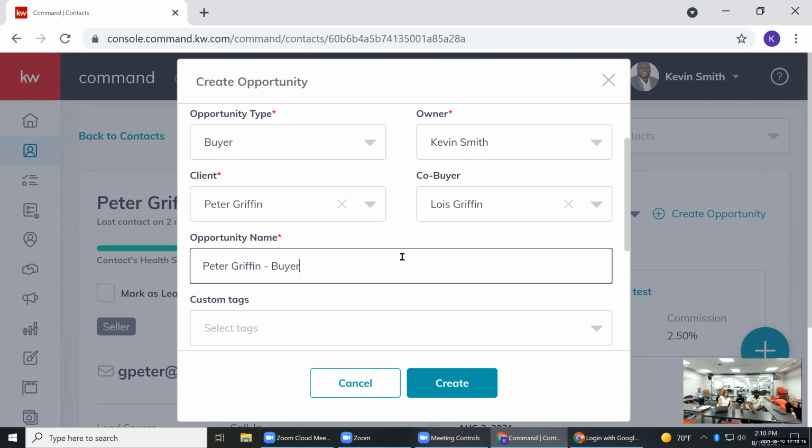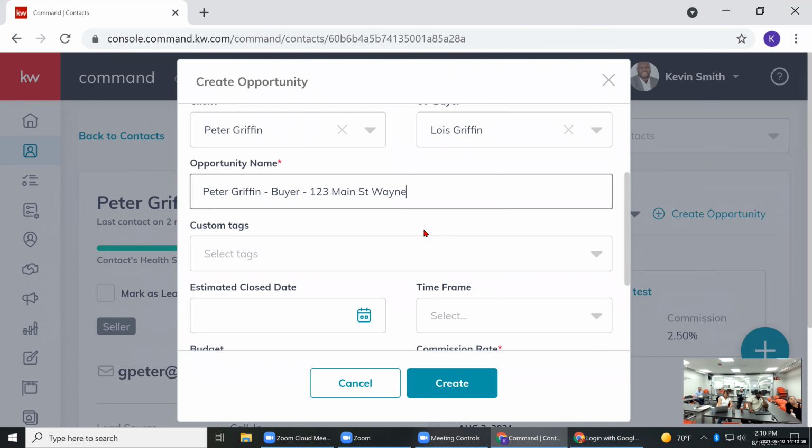And then we as leadership ask, for compliance reasons, to go ahead and put a property address with the opportunity name, just so that when Lisa, Kieran, or Allison is looking this up for compliance, it'll make things a lot easier and smoother. So in this case, we'll do the classic 123 Main Street. And if we keep scrolling down,